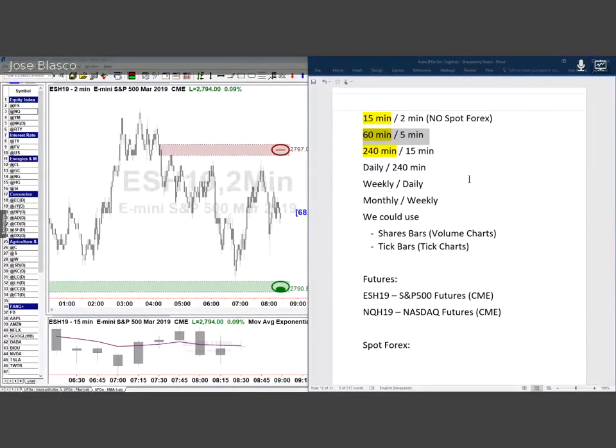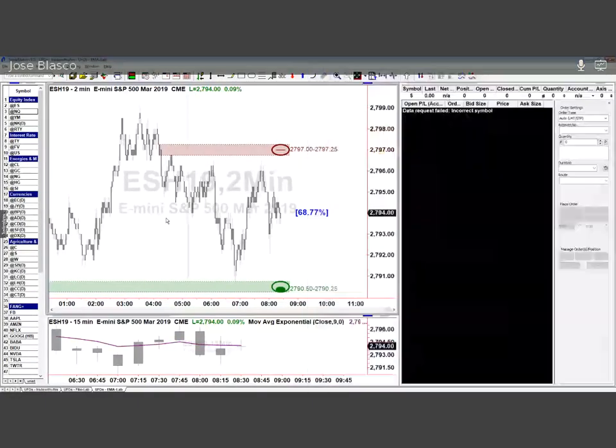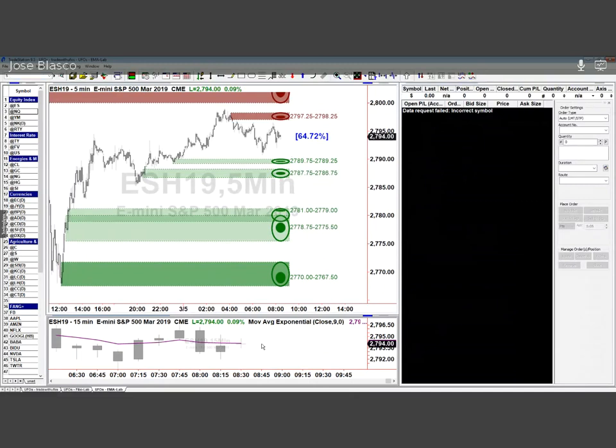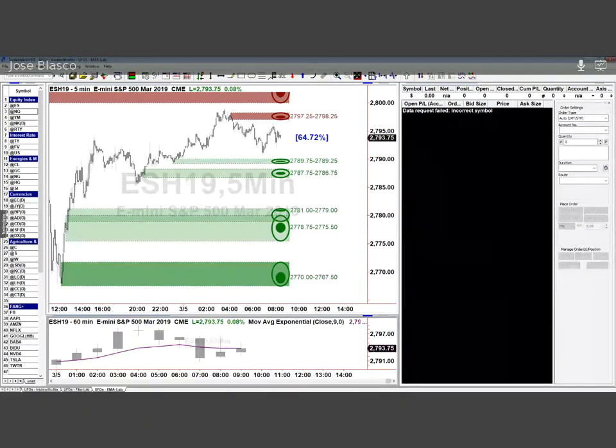But in any case, what you could do is switch time frame to look for the same type of setup in a different time frame, because if you change time frame, you will find slightly different stacks of orders in slightly different places. And also, very importantly, you will find different readings for the moving average which potentially would indicate other opportunities that you may be able to execute. So this is what you would do, right? And let me take a look at your responses here. Yes, absolutely, guys, you did it very well. Well, I have to say it was an easy question, correct? That was not too tough, okay?